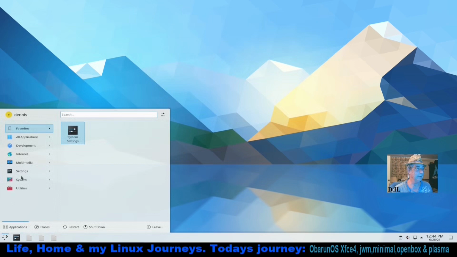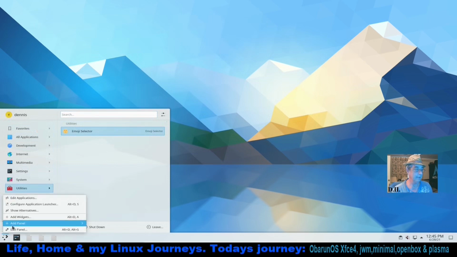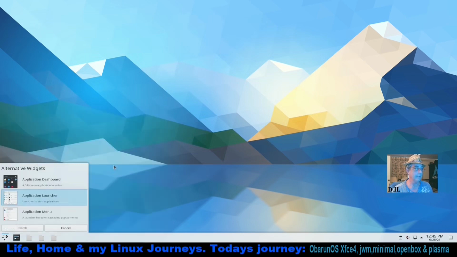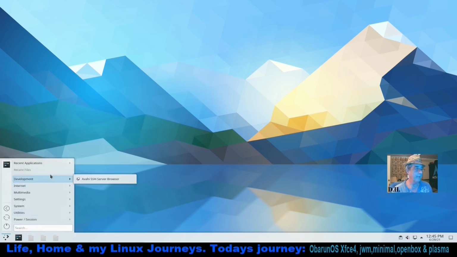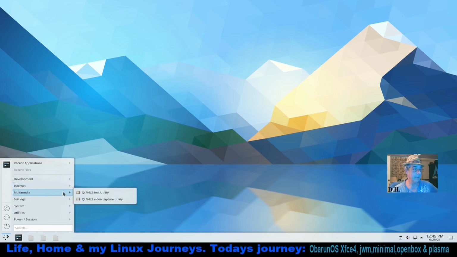This is KDE. Very nice. Let's take a look at their menu real quick. Under favorites, we got system settings. Under app, let me change this. Show alternatives. Let's go to application menu. Let's find out. Yep, that'll work. Under development, we got user feedback console, which is a handy utility there. Internet, we have the Avahi servers and browsers. Multimedia,